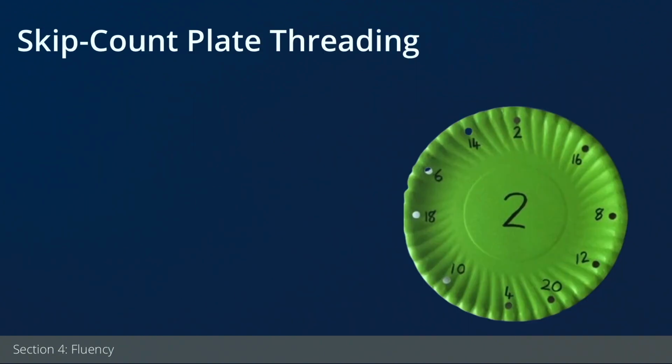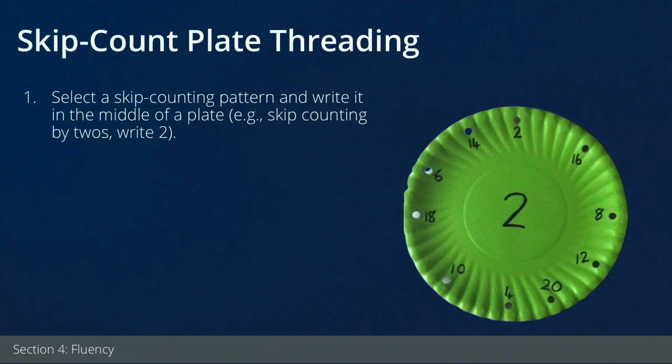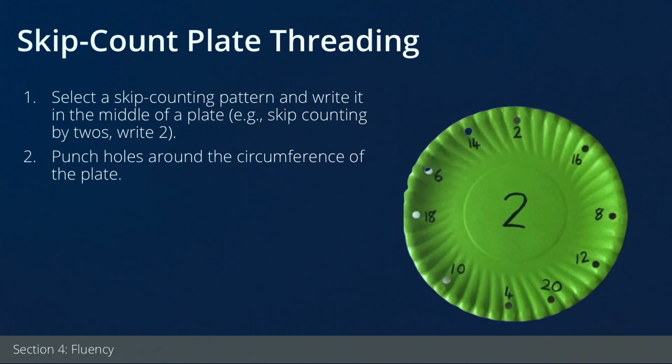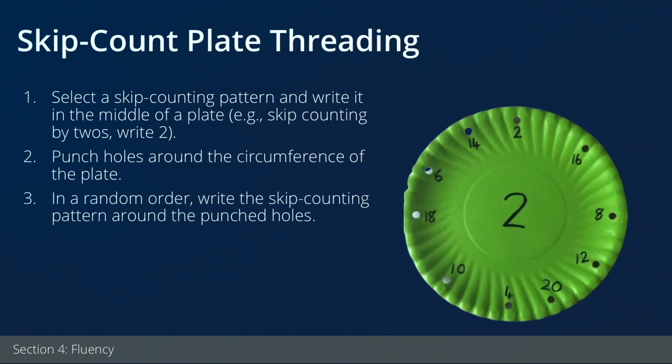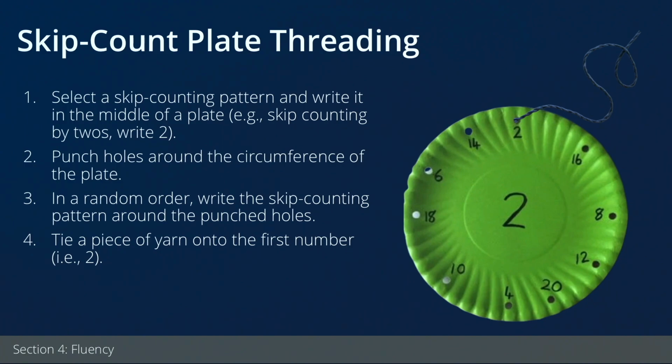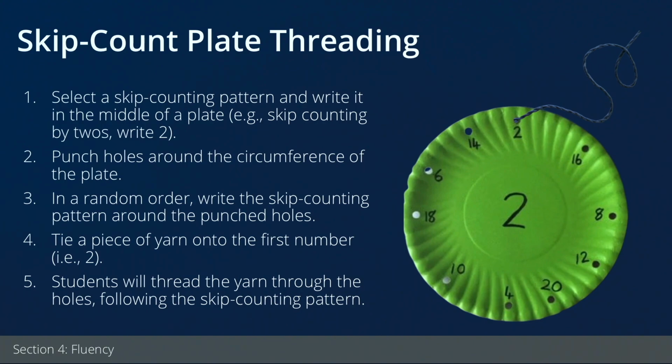this can help students practice their skip counting. You can also do skip counting by doing this little plate threading activity. Here, students are going to figure out which skip counting pattern they're going to focus on. Here on this plate, I'm going to focus on skip counting by 2s, and then I can punch holes around the circumference of the plate, and then I can go ahead and skip count with the punched holes to make a beautiful design. So here, 2, then that goes to what next? 4, and then that goes to 6, 8, 10, and so on. So then you can use that yarn, and this is a nice activity to practice your fine motor skills,